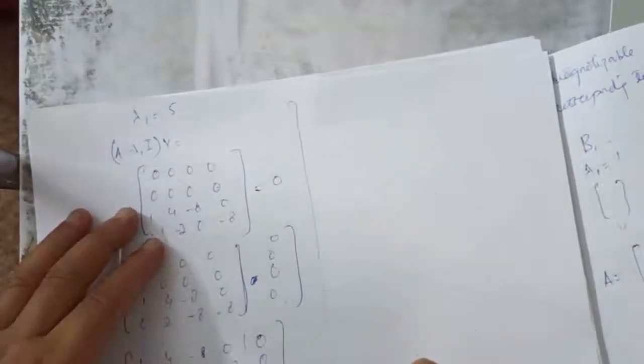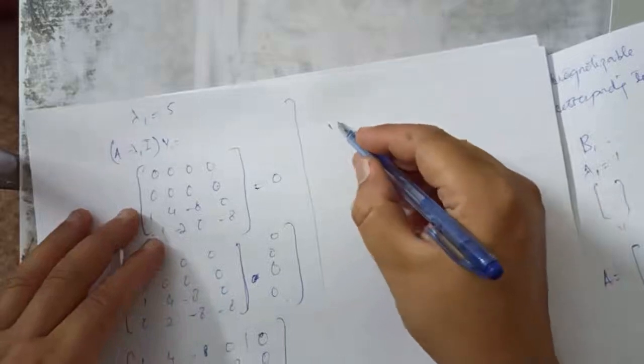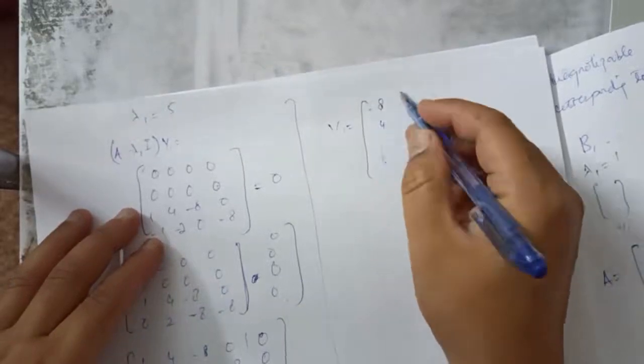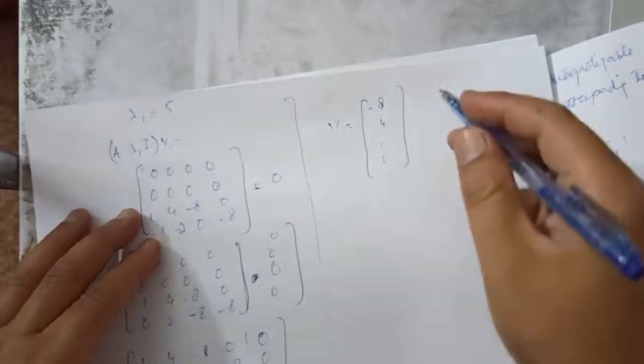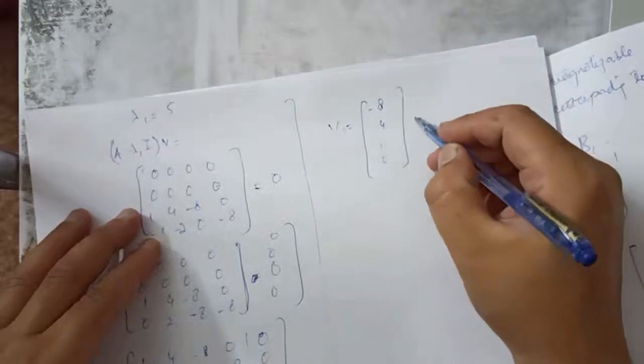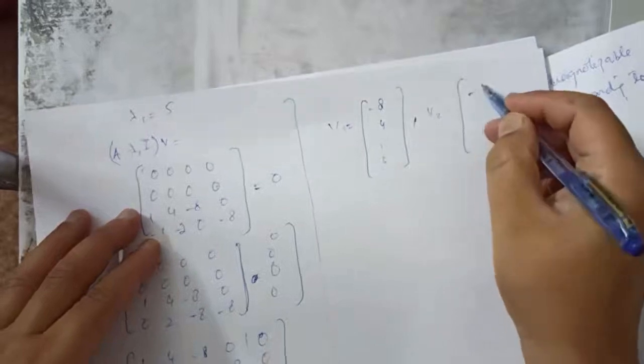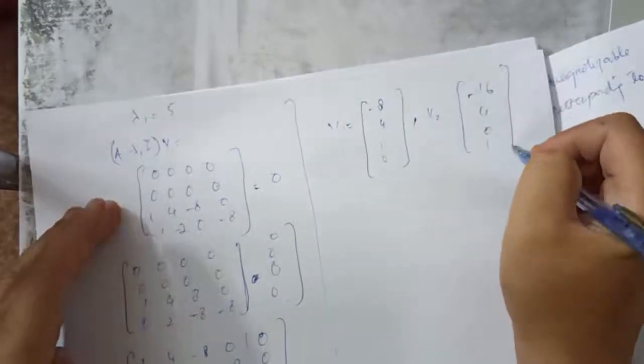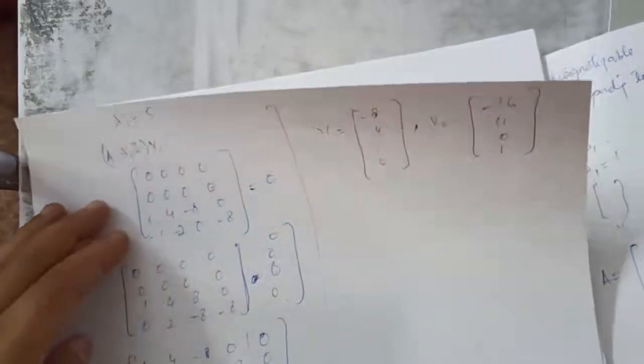So I can easily find the corresponding values. I think you can do it at home. The vectors that we find are v1 equals minus 8 4 1 and 0, which is quite obvious from the second and first equations, and v2 equals minus 16 4 0 and 1. Okay, now